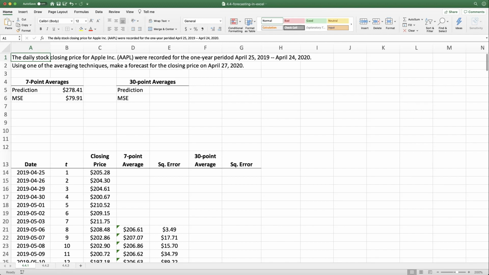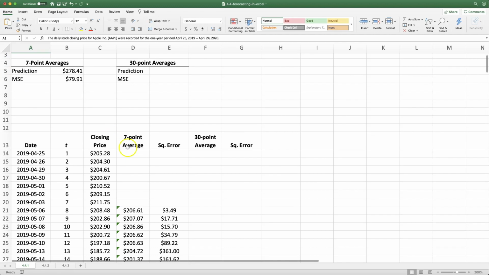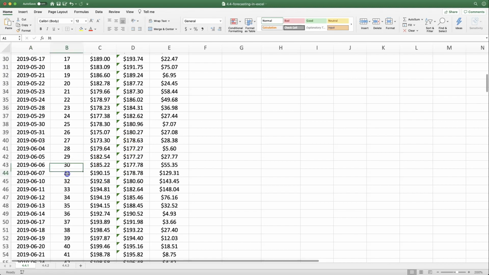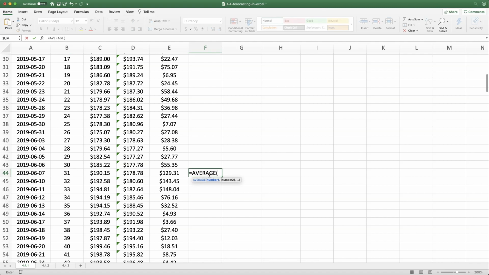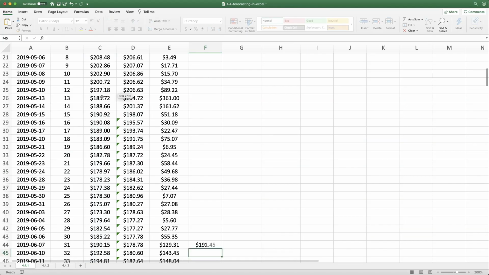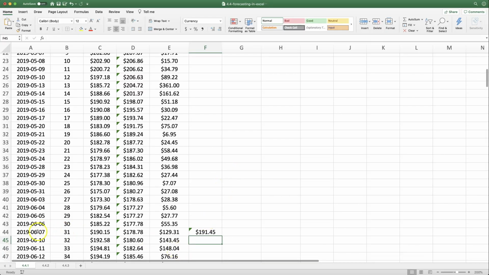Let's compute now the 30-point moving average. We'll start in day 31 and we'll calculate the average of the first 30 days. Be careful that you're calculating the average of the first 30 observations. Don't accidentally select the forecasts from the 7-point moving averages here. Our first forecast for day 31 is